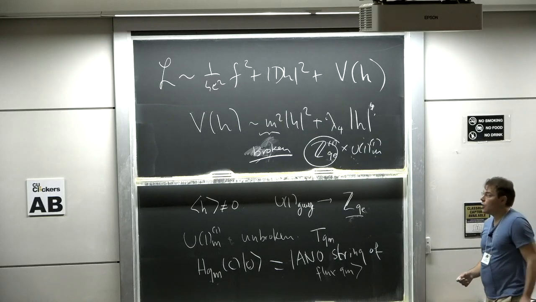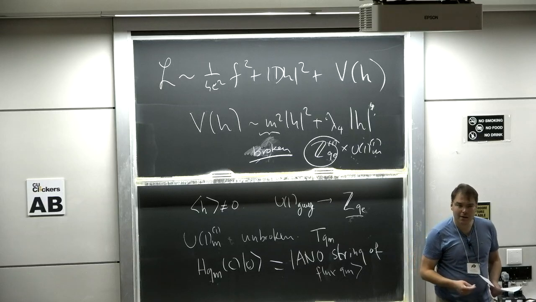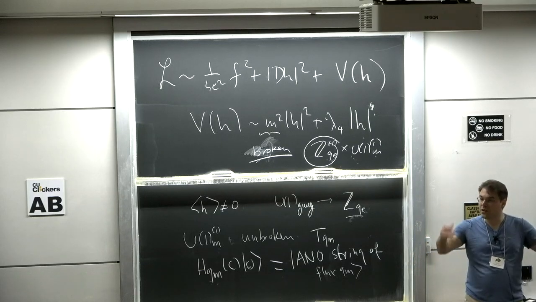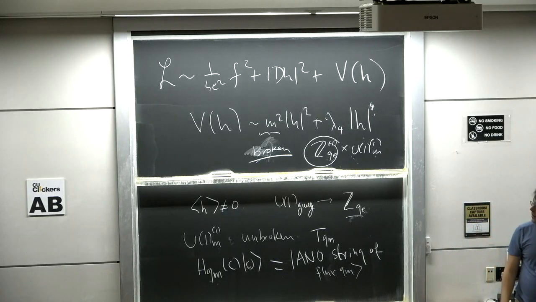And discrete gauging is a very nice operation because it commutes with all non-trivial dynamics. It's kind of a rigid operation. You can do it in the UV, you can do it in the IR. And if I had more time, I would elaborate on that. But in the interest of time, I'd like to move on to another topic. If somebody's interested, I'm happy to explain more about it offline.